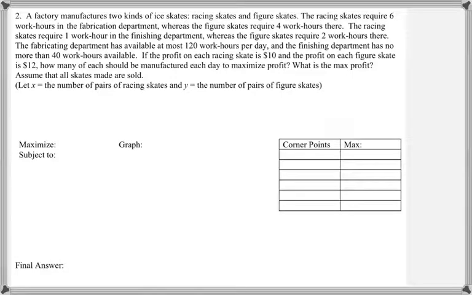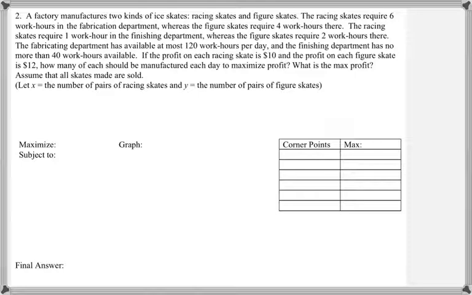A factory manufactures two kinds of ice skates, racing skates and figure skates. The racing skates require 6 work hours in the fabrication department, whereas the figure skates require 4 work hours there. The racing skates require 1 work hour in the finishing department, whereas the figure skates require 2 work hours there. The fabricating department has available at most 120 work hours per day, and the finishing department has no more than